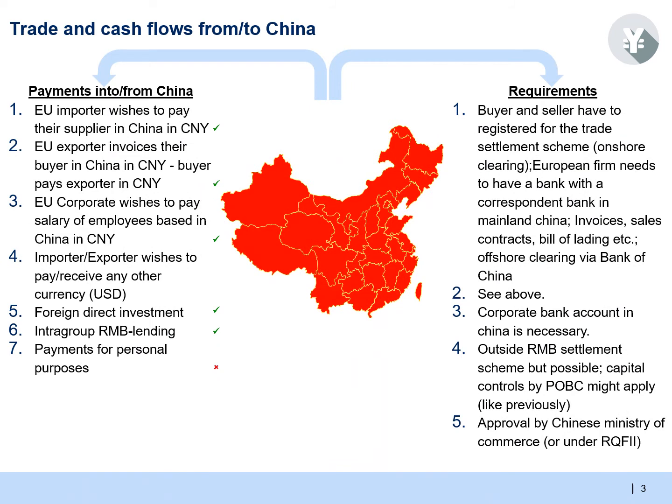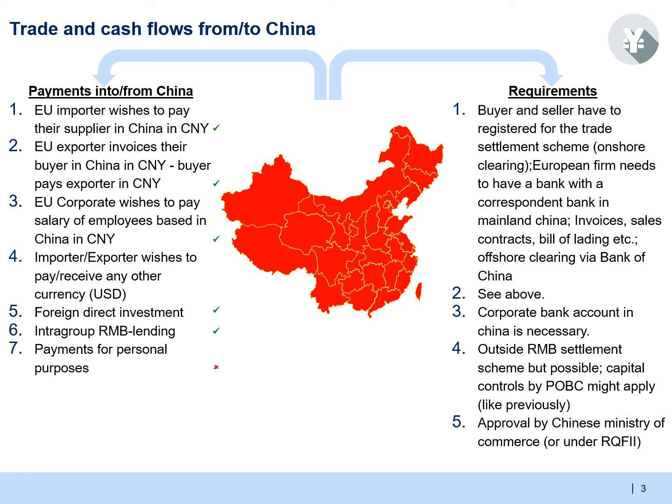Now we'd like to talk about the perspective of a European company that has direct cash flows from and to China and a related currency exposure. As you can see here, under the RMB trade settlement scheme, several forms of payments are allowed. For example, an exporter can invoice a buyer in China and get paid in CNY. But there are requirements, for example, the presentation of several invoices or contracts and the